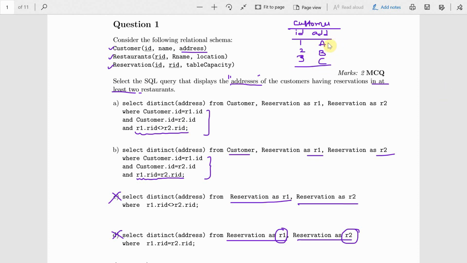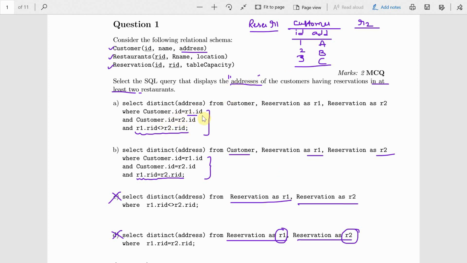Here a reservation table is required, so I will take a sample reservation table. This is reservation table R1, this is reservation table R2, because in both queries two instances of reservation are selected. Instead of writing all attributes of the reservation table, I will write only the needed attributes.